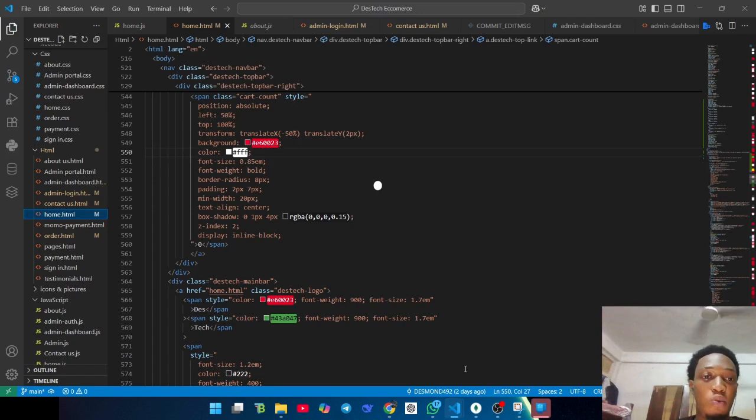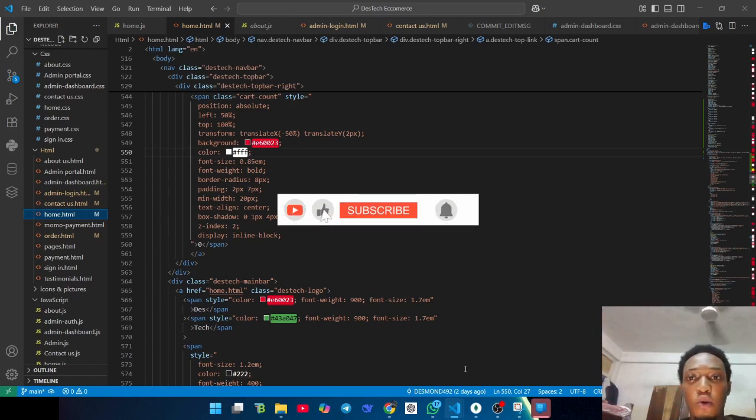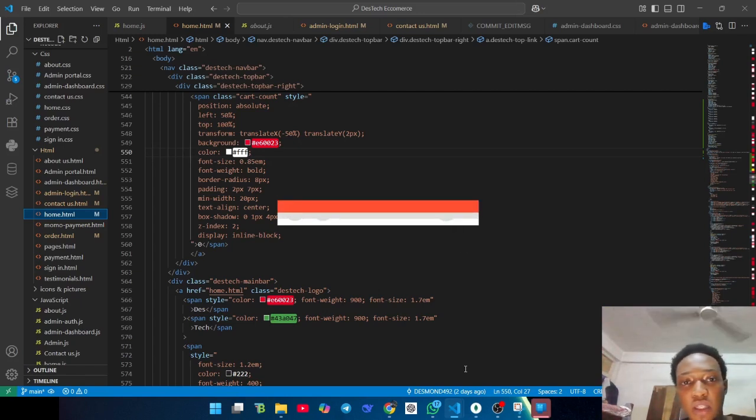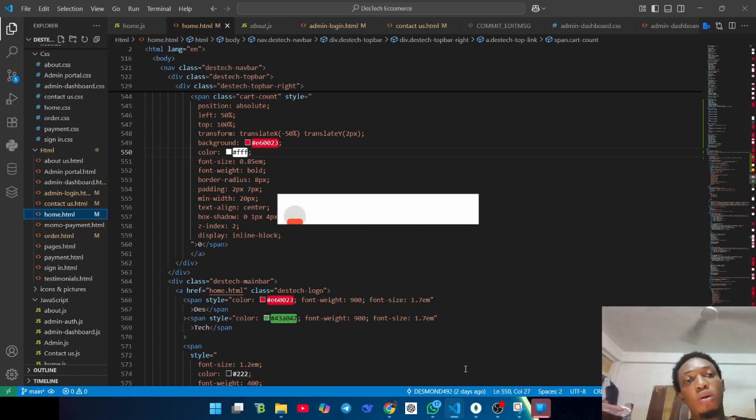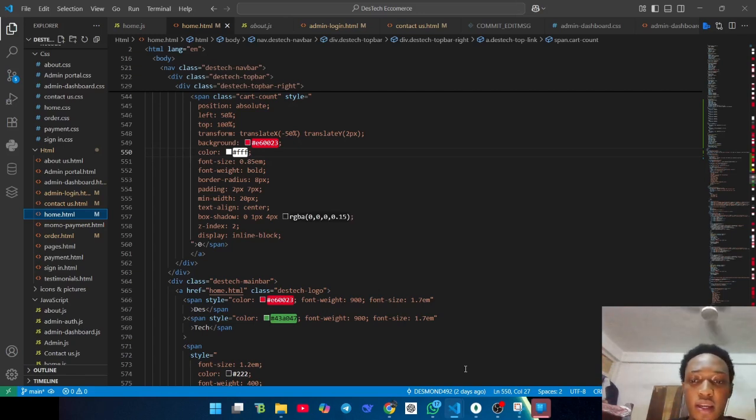So basically, we are supposed to do an overview of how the system was implemented, the tech stacks we used, the preview, the functions of the system, and the features of the system. We developed the front end, the back end, and our database, right? So when we talk about the front end, we